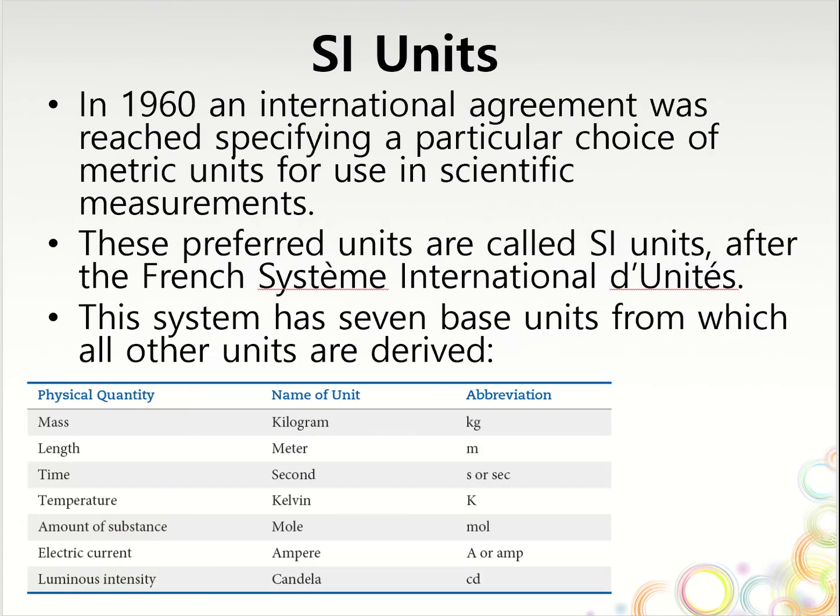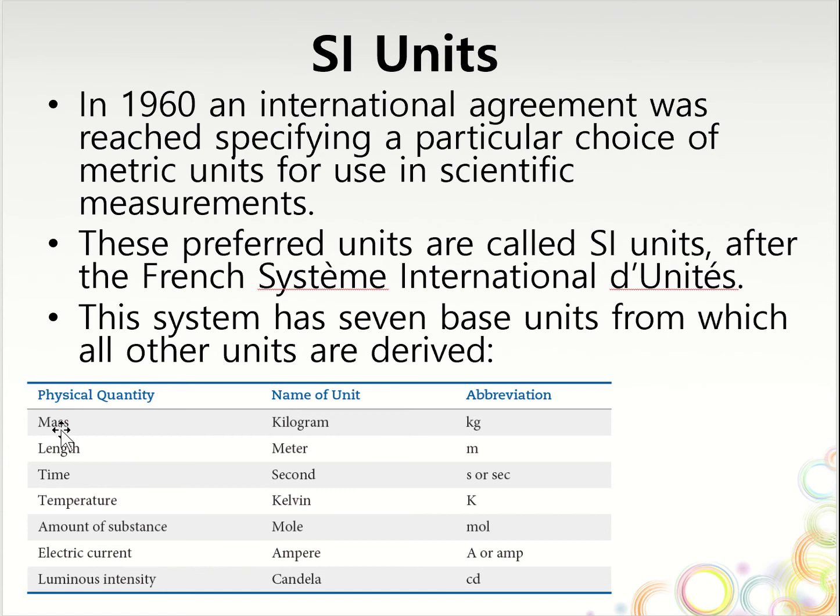We call them the SI units, which is from a French origin. In 1960, an international agreement was reached specifying a particular choice of metric units for use in scientific measurements. So we're going to mention these 7 base units, but really the first 5 are what we mainly use in